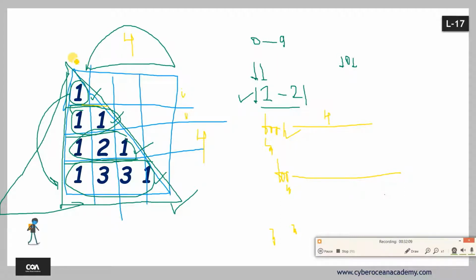Here the value is I equal to 1. I equal to 1 means the total number of rows is 1, so the j value is also 1. That is, the total number of columns is 1 here. When the I value is 2, the j value is also 2. So what you will do, just initialize that value j from 1, and here the condition, guys, this part, the